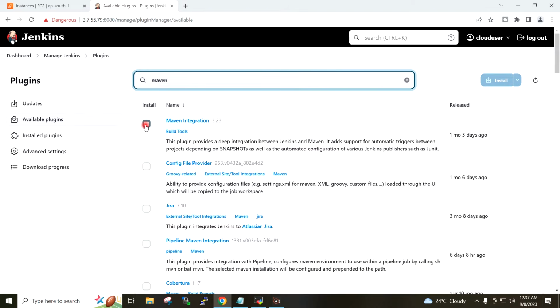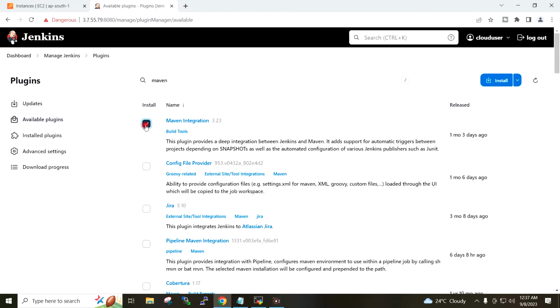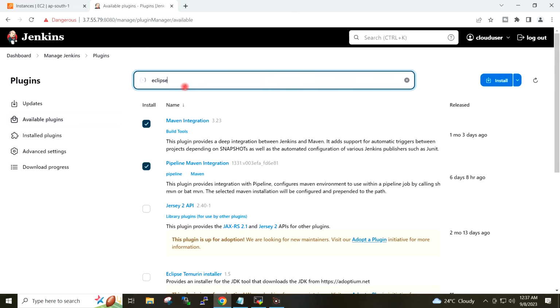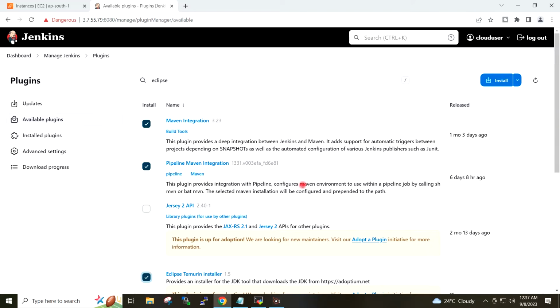I will select the plugins Maven Integration and Pipeline Maven Integration, and I will also search here Eclipse and select Eclipse Temurin installer, and I will click on install.